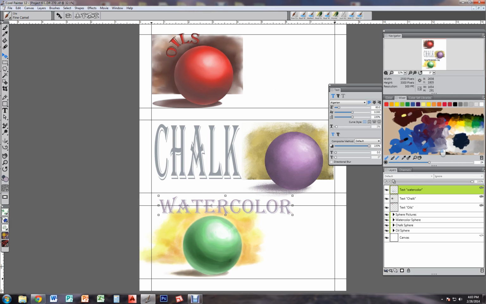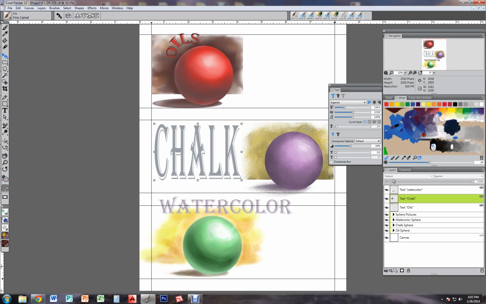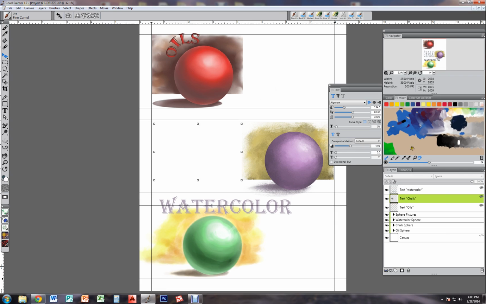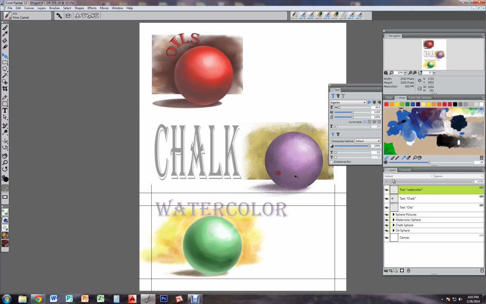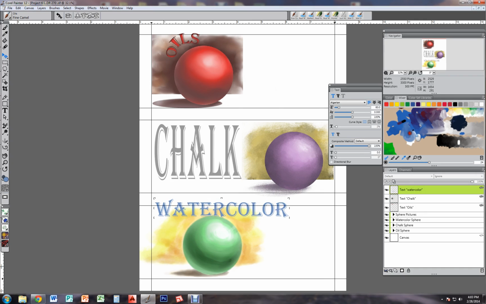I don't really have the blue I want, so I'm going to mix something over here. White. And that color. Bright blue. And then I'm going to pick it. Oh, I'm changing the wrong one. See how I'm on the chalk layer? Wanted that to be that dark gray color. Okay. Well, I'm going to make sure I'm on the watercolor layer, and then I'm going to pick this light